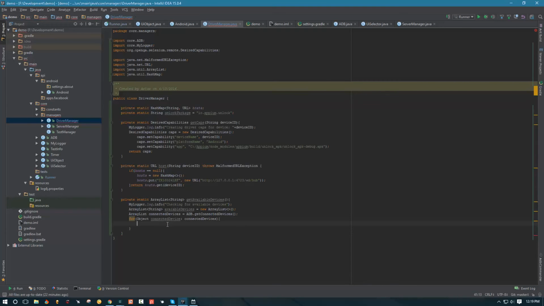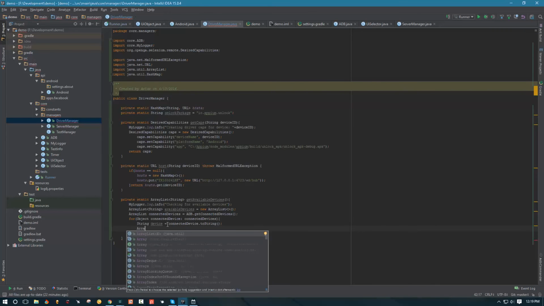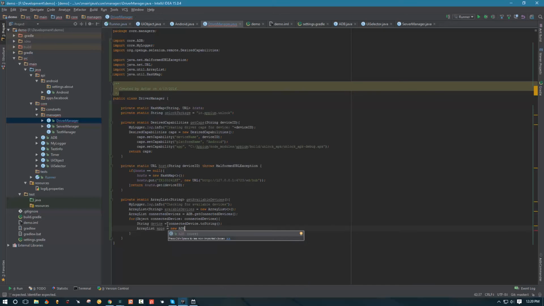So let's create a string, call it device, and this is going to be equal to our connected device toString, and then we can say ArrayList, and this is going to hold our apps, and we're going to create a new ADB instance for this device, and we're going to get installed packages, and then we're going to say if